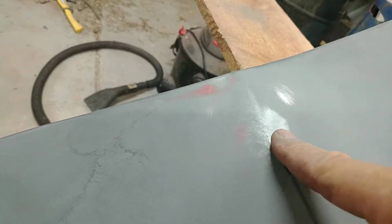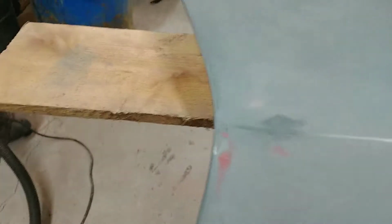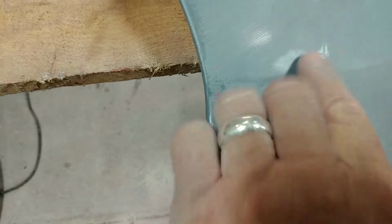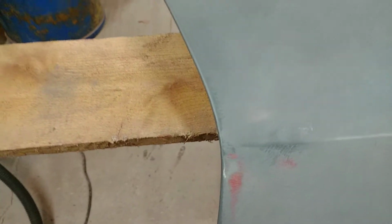And right here, I missed this. I don't know how I missed this. I guess maybe I got so wrapped up in pulling that other dent out in the front. But there's some structure on the back of this fender, so I can't really get back in there. But it's not a really big dent. I might put a really thin skim coat of body filler on there, and that'll take care of that. I want to get these doors and these two front fenders ready for this